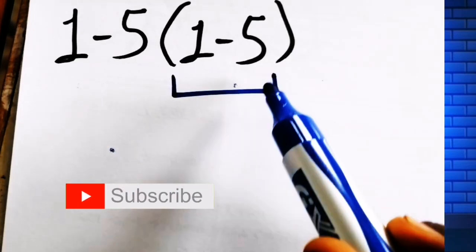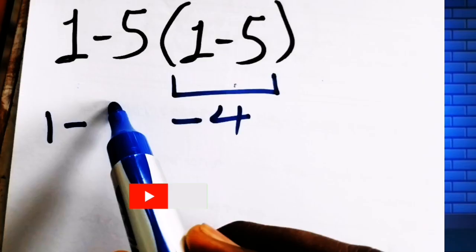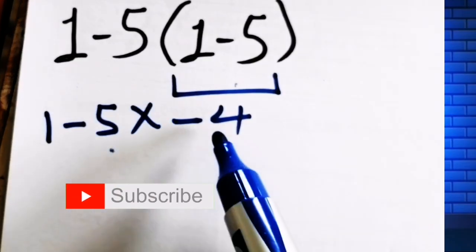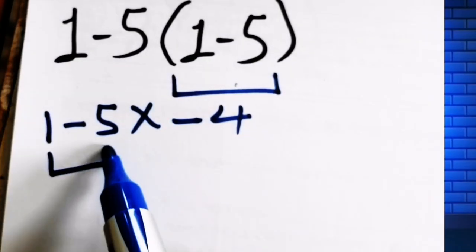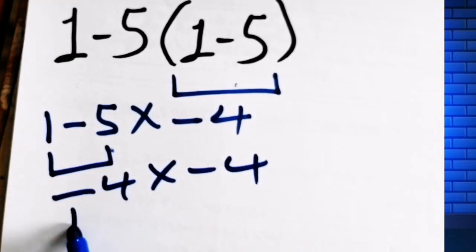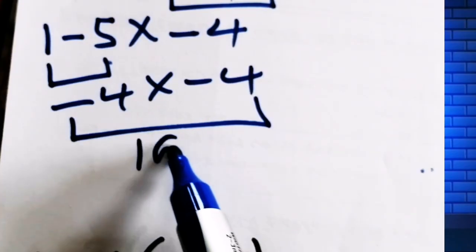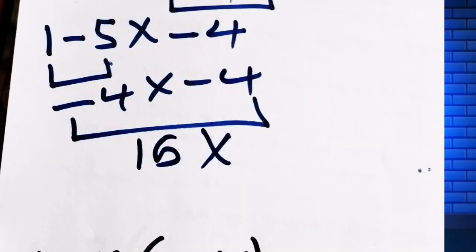1 minus 5, which gives us negative 4. Then 1 minus 5 times negative 4. Okay, 1 minus 5 here is also negative 4 times negative 4. Then negative 4 times negative 4 is 16. But this is not the correct answer,